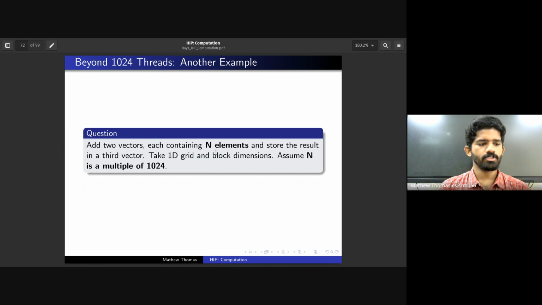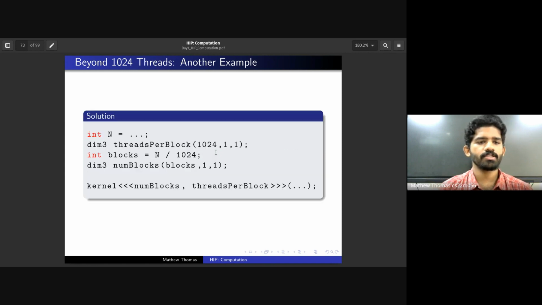Yeah, both Saurabh and Viren, both of you are right. Both of you have given the right answers. So yes, in such a case, we'll calculate the number of blocks as n by 1024, and then